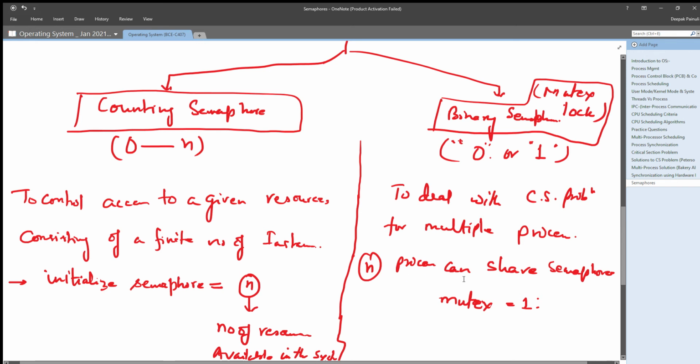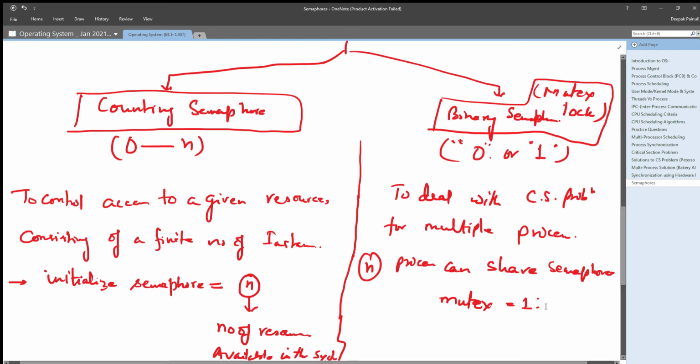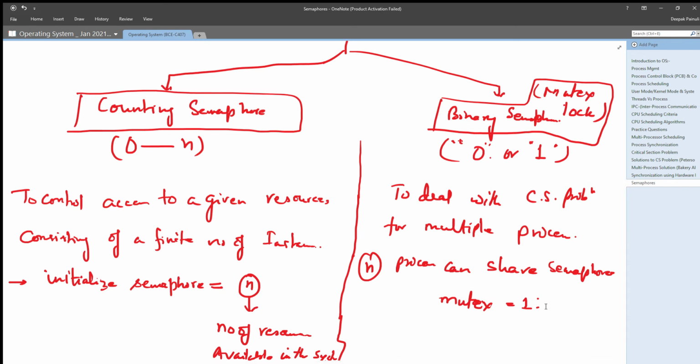That means if n processes are there, they can share a single semaphore which we have used as mutex equals to 1, and whenever one process is performing its critical section, it will update the value of mutex as 0, and once it has completed its critical section, at the exit section, it will simply increment the value of that semaphore. So it can be used to deal with the critical section problem for multiple processes, right?